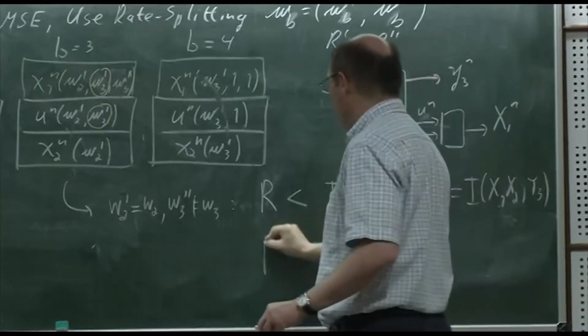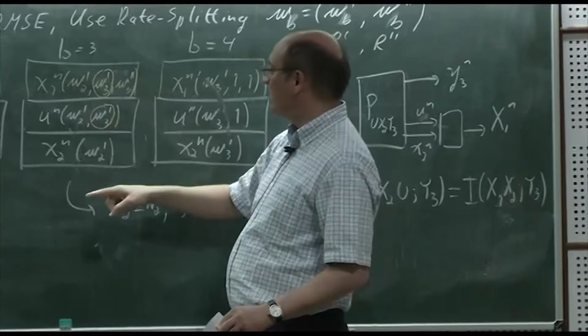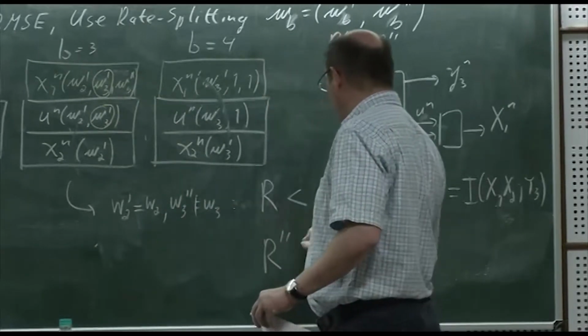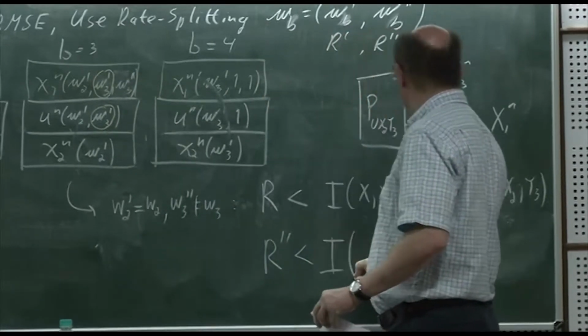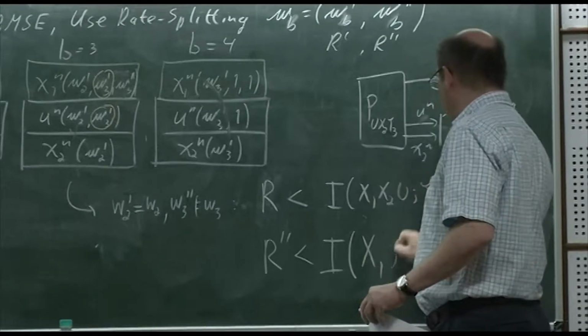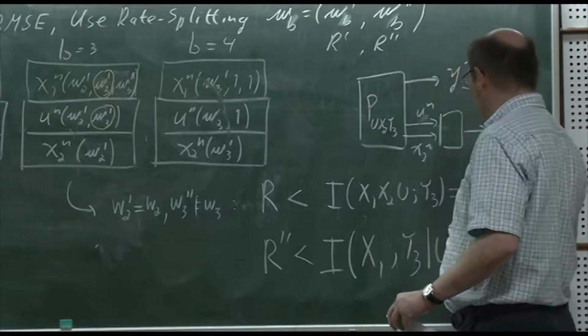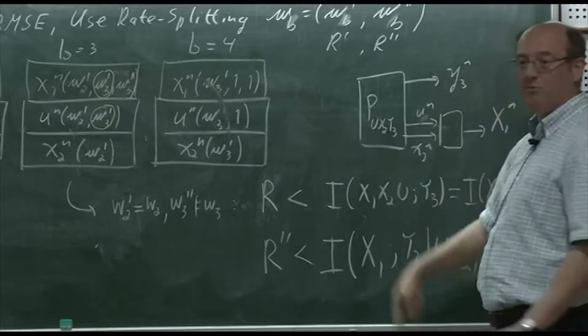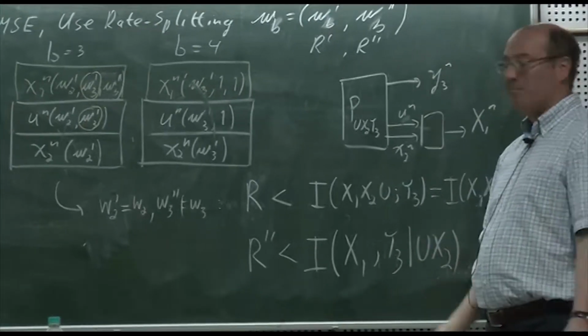So here I'll get R double prime has to be less than I of x1; y3 given u, x2. Right? So those are the 2 bounds I get out of my